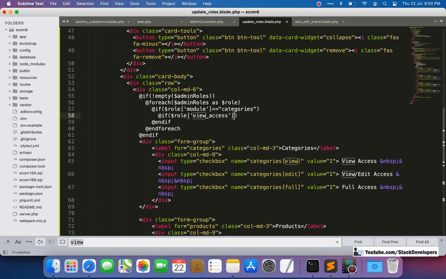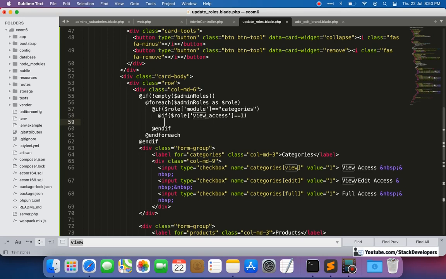And if view access is equal to 1, then we are going to add the PHP here. We are going to assign here $viewCategories. Here we are going to add here checked.